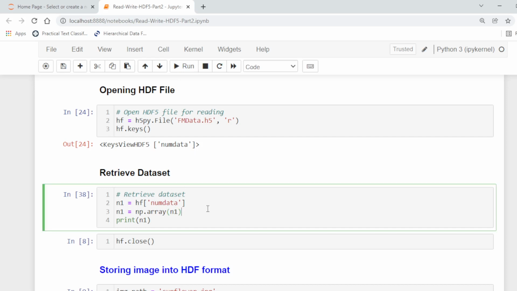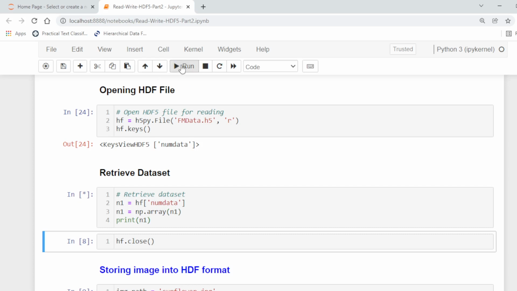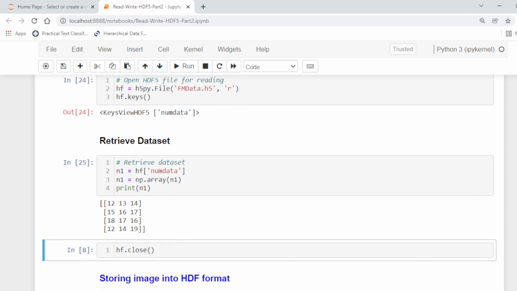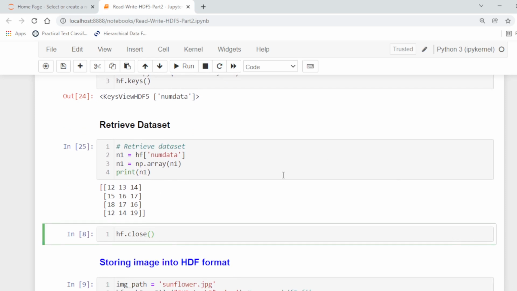If we want to retrieve this data set, we can use the name of this data set and then convert this data set into the numpy array. It will show the following output. This is the num data set stored in the HDF file. Now to close the file.